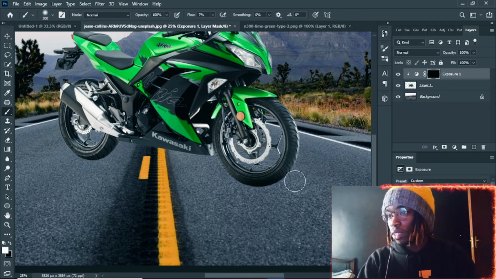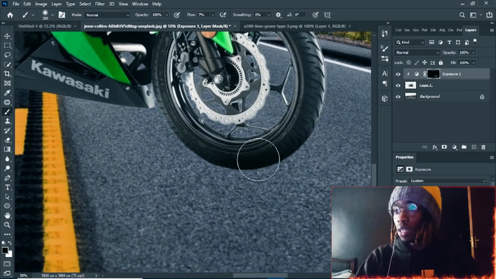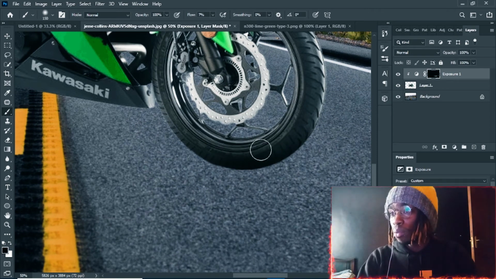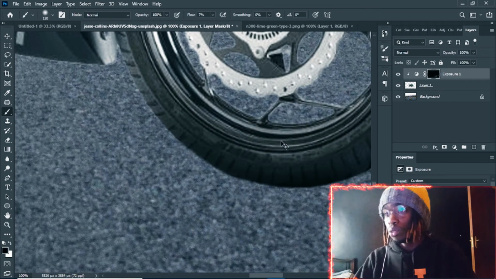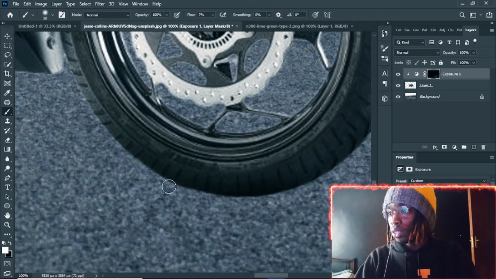And make sure, since it's clipped to this mask, that the shadow is coming from just the bottom. You don't want to cover the whole thing. You see over here, you don't want to make it look as though the shadow is coming onto the wheel. You want it to just stay down here. So just do like that,